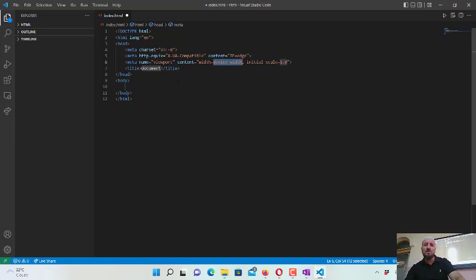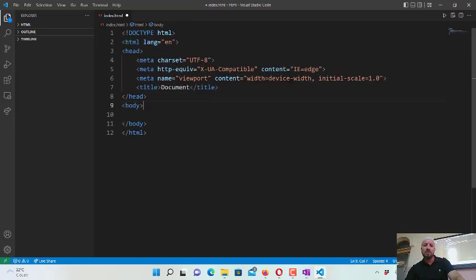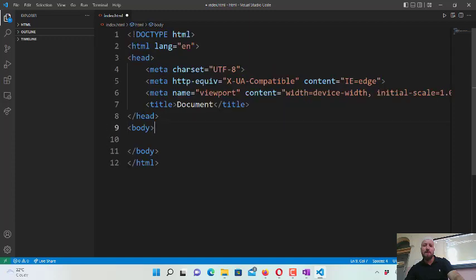You press control and then the mouse wheel. If it works, yeah, it's working. To make it bigger, I just want to make it bigger. Okay, now you see